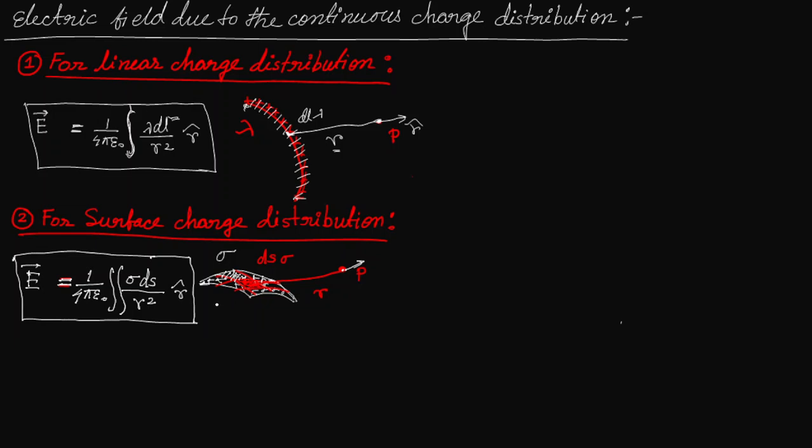Okay. So if we have a continuous surface charge distribution, and if we want to calculate the electric field at any arbitrary point P, then what we have to do? First step, we have to consider an elementary area. Second step, we have to calculate the distance of the point P from the elementary area. Then we have to put the value of ds and r in this equation, and we'll integrate over the region where the charge is distributed. If we do that, then we'll get the net electric field at point P because of the whole surface. Same way, if we want to calculate the electric field due to volume charge distribution,